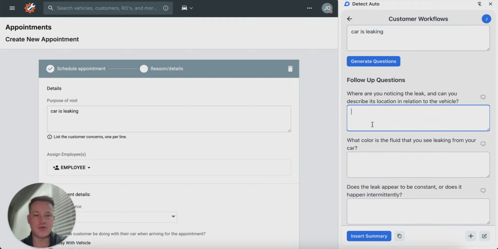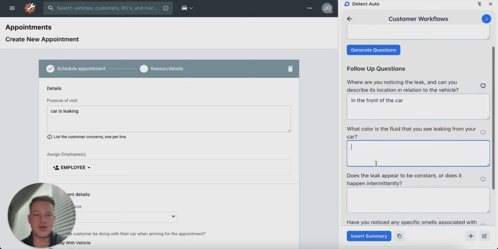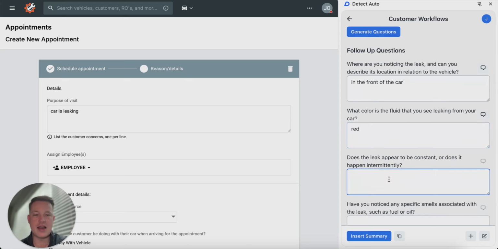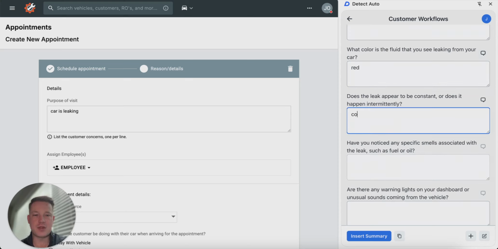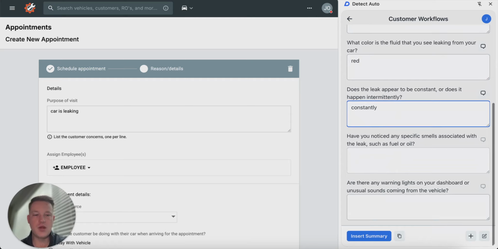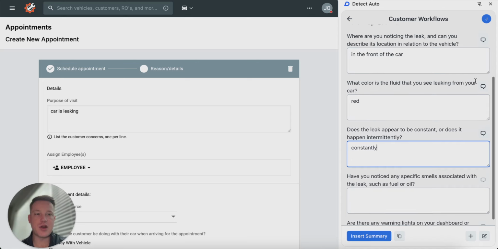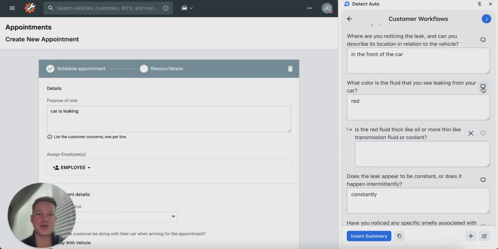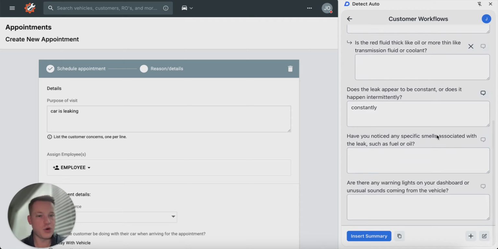I'll just answer the first couple ones here. We'll say it's in the front of the car. We're noticing that the color of the fluid is red and it's happening constantly. We can go ahead and provide more information if we wanted to. We can even dig deeper if we notice that a specific piece of information that the customer gave us is insightful. Or we could simply say, we're good, we have enough information, and we can go ahead and click on Insert